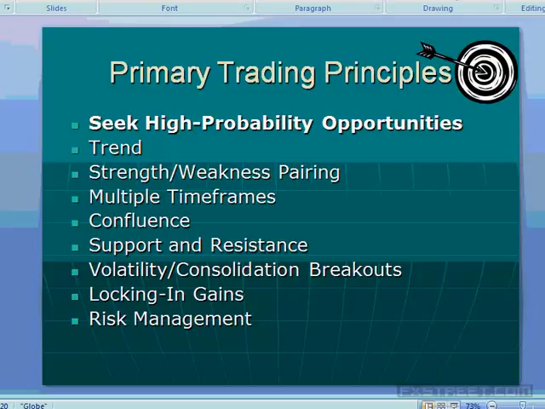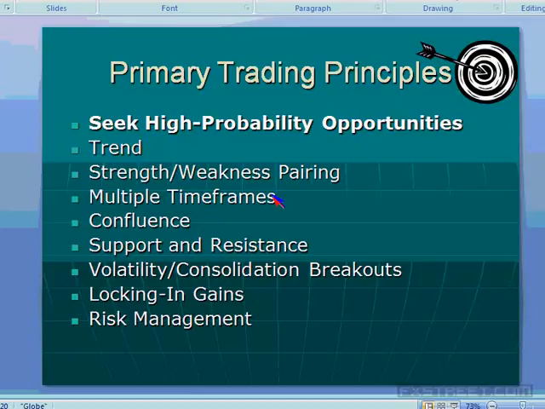I have the euro, the British pound, the yen, the Swiss franc, and then I have the Australian dollar, and I have the Canadian dollar, and the U.S. dollar, and that's it. So 7 different currencies, and I compare them. I take the average percentage price change against each other, and then that's how I extrapolate the strength and weakness. But I'll show you exactly how I do that in a second.